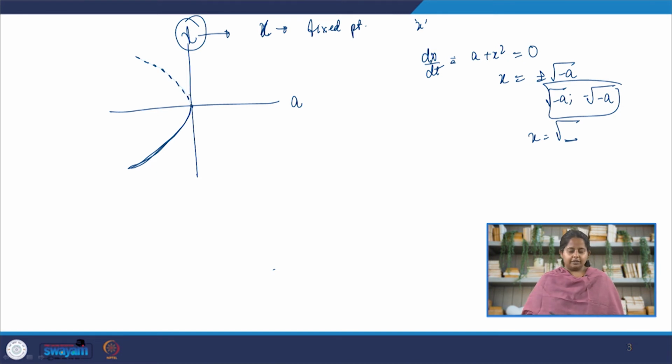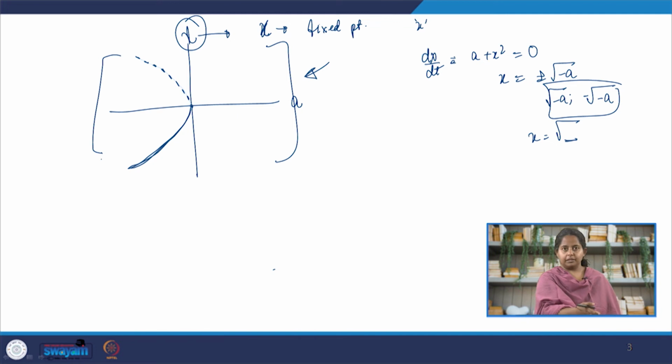In your exam, I'll ask you to draw all these diagrams to show me the behavior. If you just look at this, there are no fixed points in the first and fourth quadrant, and then when a becomes less than 0, two new fixed points appear. One of them is stable